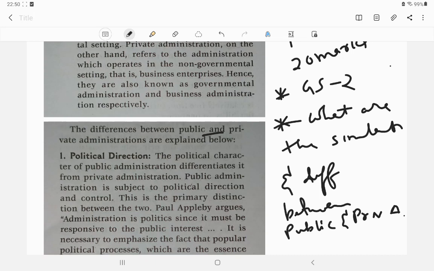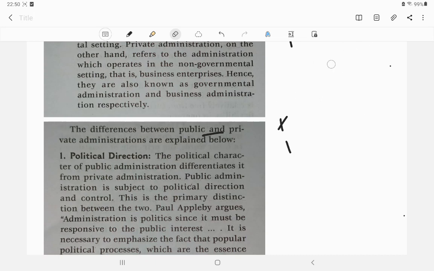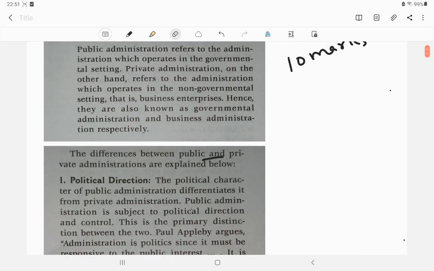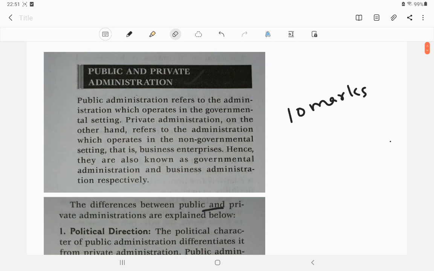So the question may be asked in this way. So let us start the answer. So first, public or private administration na hunishigule de ki dimak de. That is, first thought public administration do ki azukle do